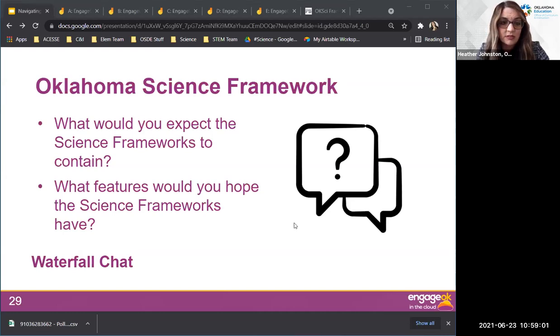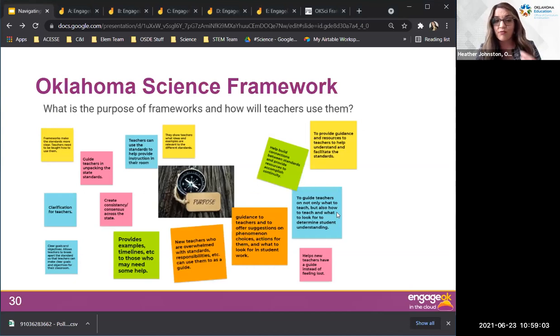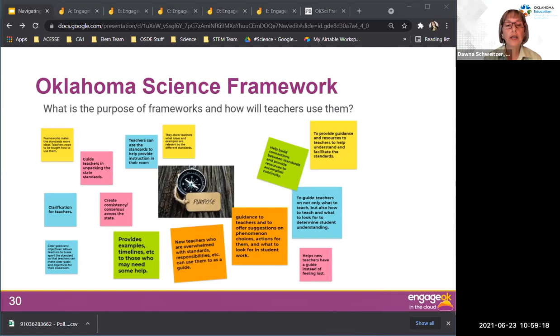And so we asked this question of our writers as well, and Donna might want to explain a little bit of this. Okay, so our Oklahoma Science Framework writers, I just want you to know that applications went out for those, and we had independent committees that rated blinded applications, and that's how individuals were selected. And the reason why I'm saying that today, because Heather at the end is going to discuss with you, we are looking for writers for the second part of it, and we would encourage all of you